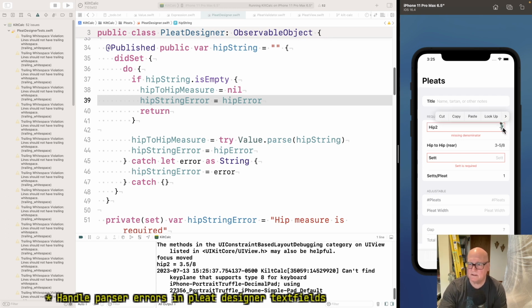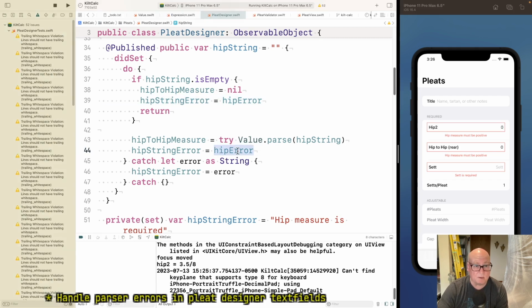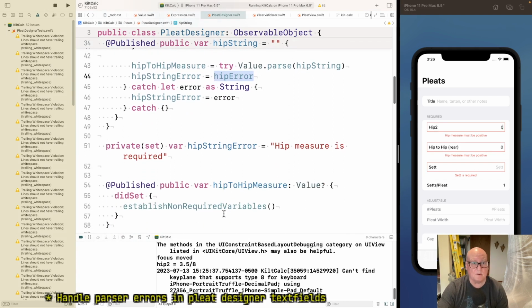No, we don't do minuses. That's why. 0. Okay, hip measure must be positive. That's coming out after a string is not empty. We parse it. It's a 0. We say the error. There's no parse error.